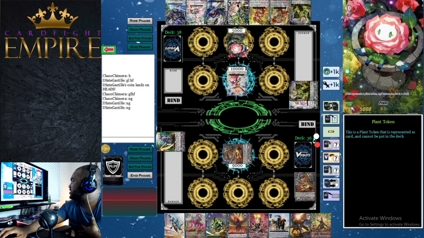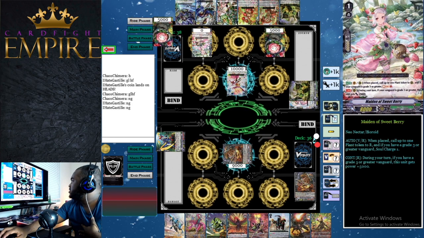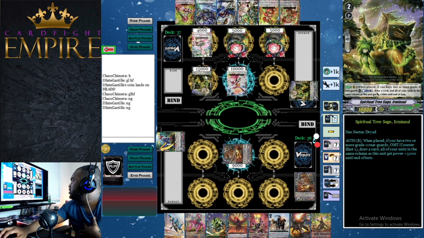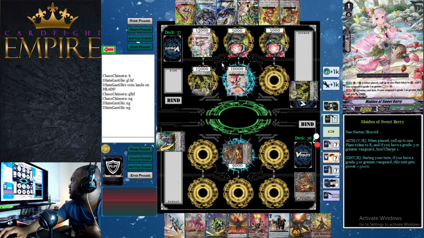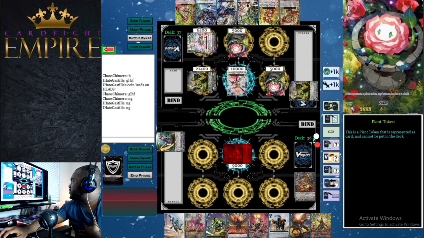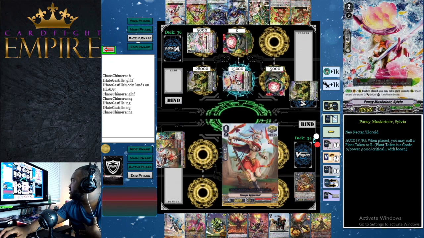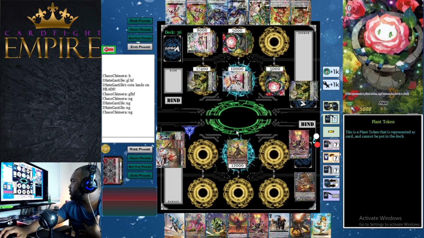And then he's deciding placement of the plant token. Then he goes for Maiden of the Sweetberry, and then he gets another plant token, and then goes for Irmisol to counterboss 1, get 5k to the column, and draw a card. And then he moves his plant token up, I guess, in case he gets a trigger. We take both of the Rearguard attack and this card, and then when the token doesn't hit,